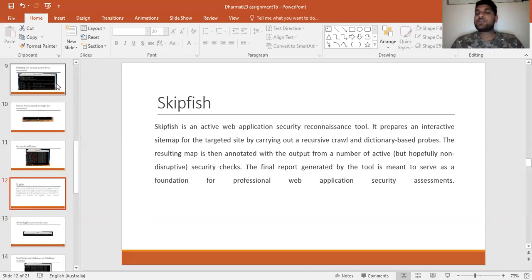Basically, Skipfish is used by admins to check for errors in their web applications because it gives an in-depth assessment of vulnerabilities. When you have vulnerabilities in your web applications, you can use Skipfish to get in-depth knowledge of where the errors are, so that you can be ready before attackers attack you. Now I'm going to run these three commands in Linux and show you how these applications work in real time.